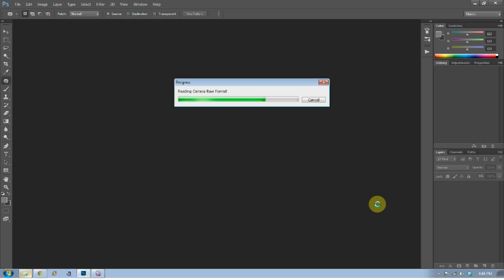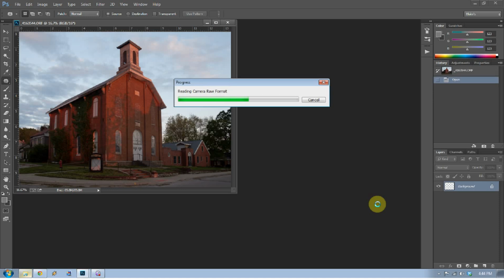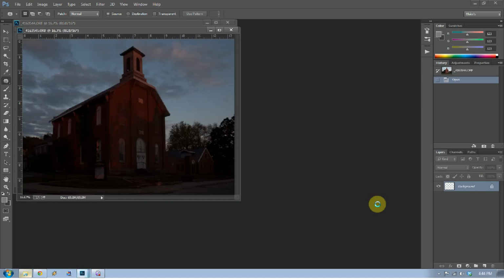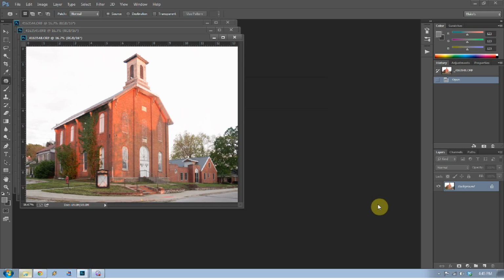So once I open them in Photoshop, then I'm going to merge them to HDR. Basically what you're doing on the front side is cleaning up all of the noise in the photograph, any spots in the photograph, and then you're addressing perspective. If you had any lens vignetting, you could go ahead and attack it there too. But don't do too much with exposure. Leave that for the HDR process.